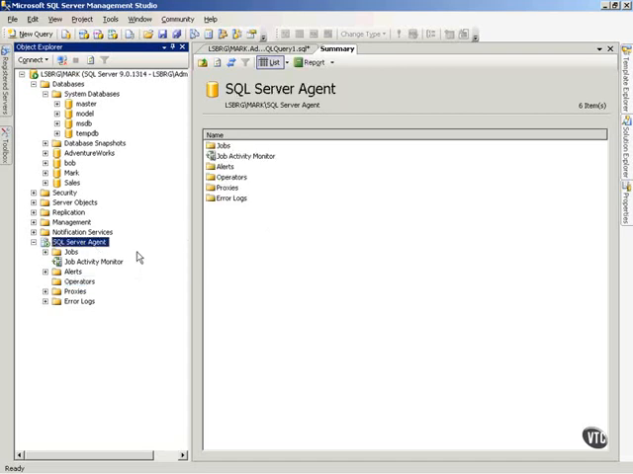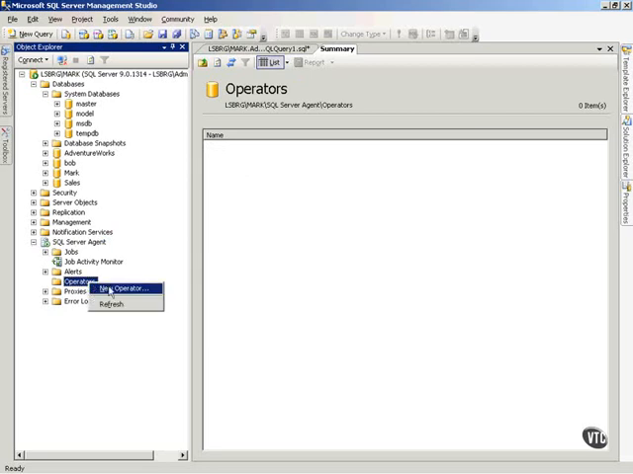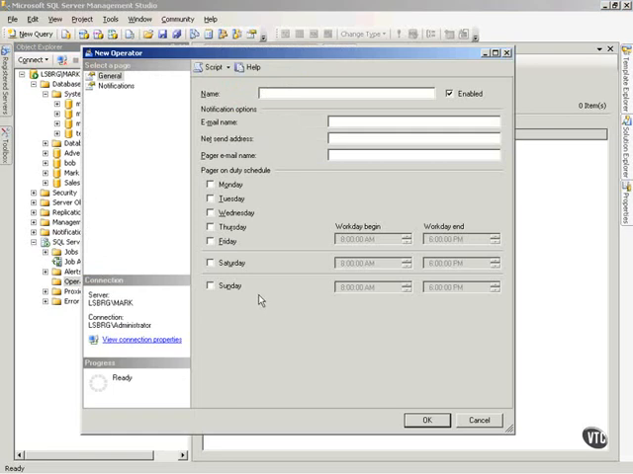We're going to go into the SQL Server Agent Service in the Object Explorer, and again I'm in the SQL Server Management Studio, and if you expand SQL Server Agent, you will see operators here. Now note, you cannot expand SQL Server Agent if it's not started, and so you'll need to go through the process of starting it, and I've been through that in another video. So on the operators, if we simply right-click on operators and choose New Operator, we will get the New Operator